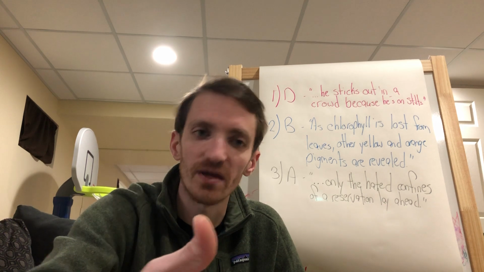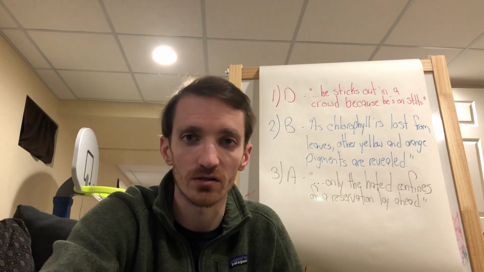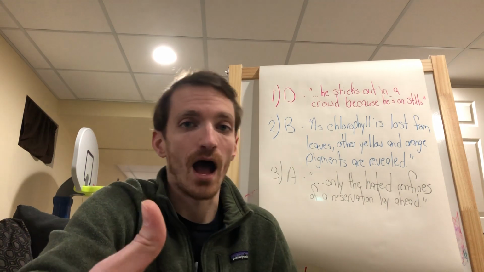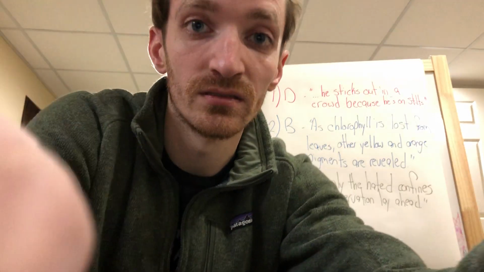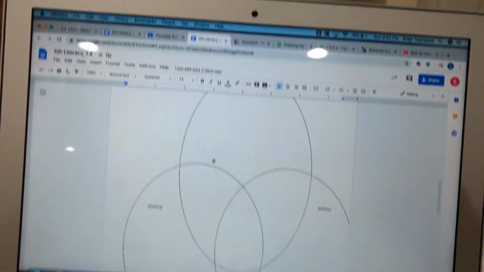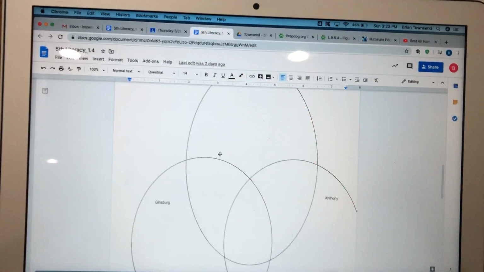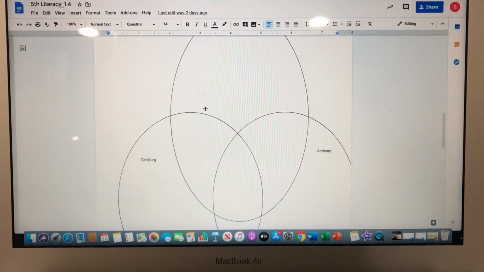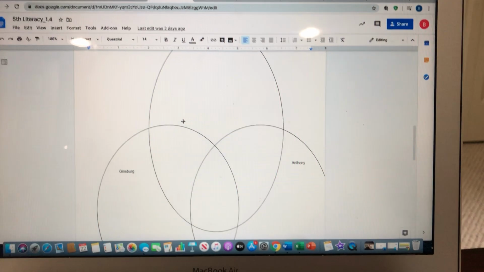If you draw it on a piece of paper, you can take a picture of it and send it to me also, just so I can double check your Venn diagram. I'm going to try to flip the phone around so we can see our Venn diagram. Now, hopefully, I don't know if you noticed this, but I fixed the upside down part from Monday. Hopefully it's no longer upside down and it's right side up.